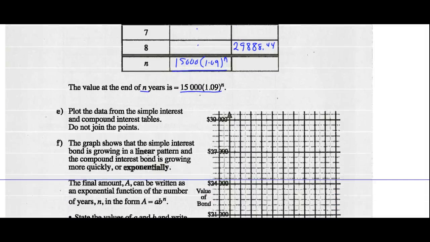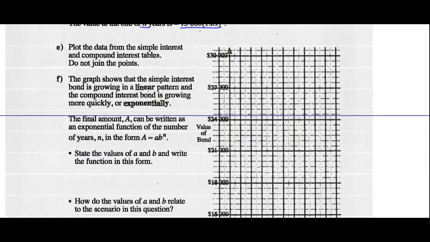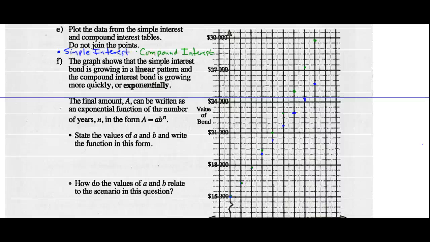Plot the data from the simple interest and compound interest tables. Do not join the points. So you go ahead and do that. See if you come up with the same thing I come up with. So when I plotted this, I used blue for the simple interest and I used green for the compound interest. And we can see that the graph shows that the simple interest is growing in a linear pattern and the